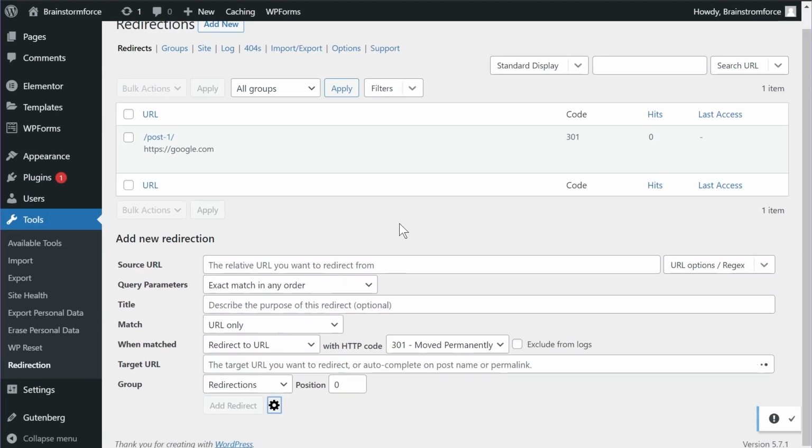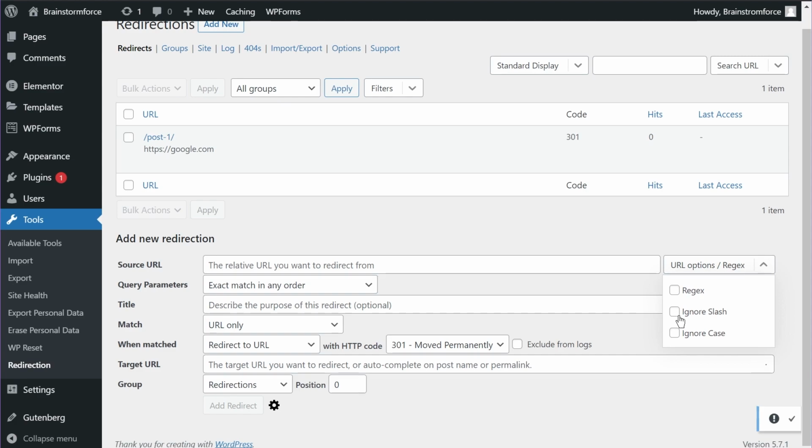So what you'll see is first you add the source URL. And in the URL as well, you have some matching options. You have regex options, that means regular expressions. You can use the common regular expressions to match multiple pages and posts at once. For example, let's say for every page that you have on your website, you have added the term Google in the URL itself. So what you can do is just use the regex and place some key strings that will match every page, and then you can redirect all those pages to a single page on your website.